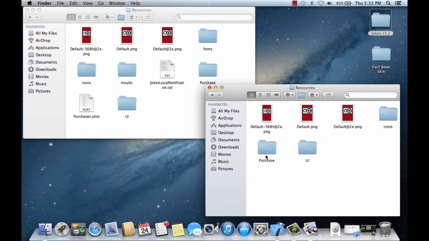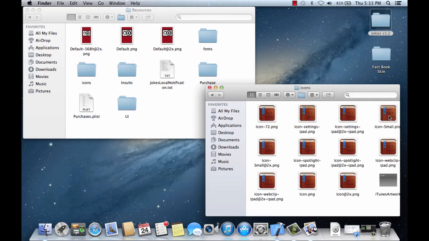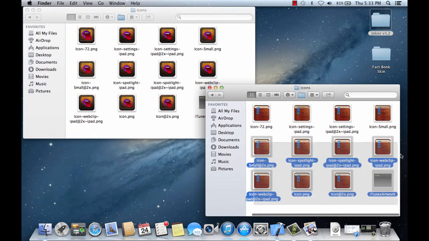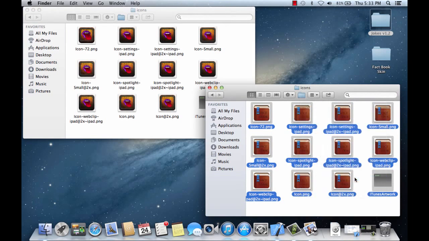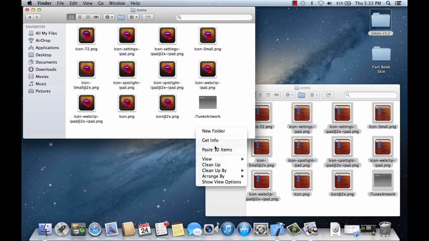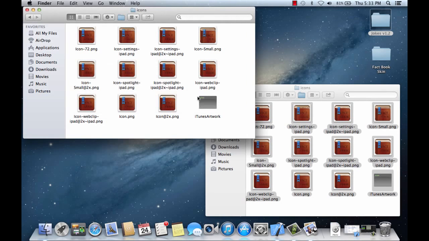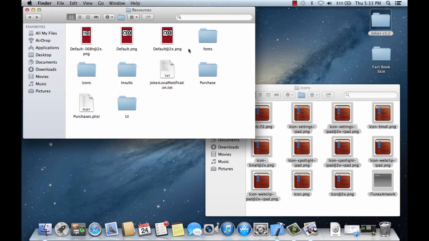Now I have 3 other folders inside my RESKIN folder. I have icons, purchase, and UI. So let's jump into icons. We're also going to jump into icons in the original app folder. And I can see that they match up pretty well. So we're going to do the same thing again, just copy them over. Now if we go back in both folders,